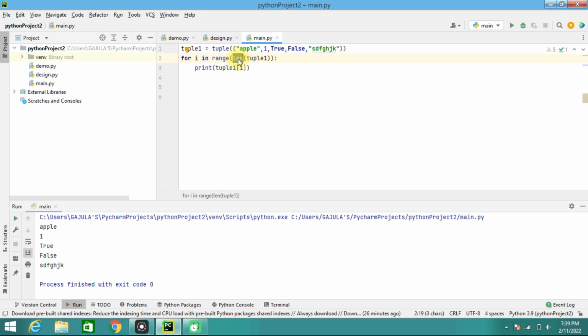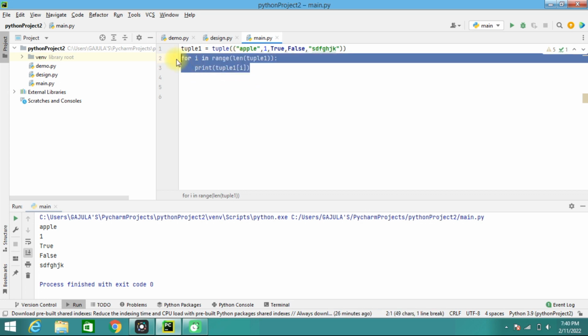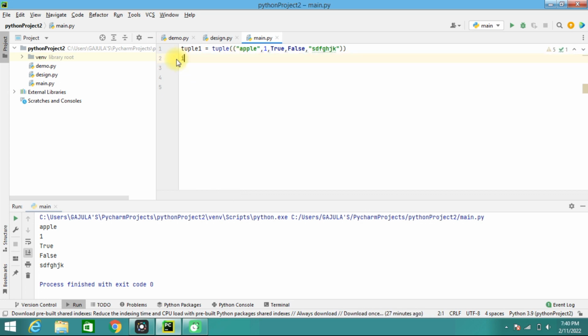So now we'll be moving with while loop. You can loop through the list items by using a while loop also. We use the length function to determine the length of the tuple. Then start at 0 and loop your way through the tuple items by referring to their indexes. So here we need to remember to increase the index by 1 after every iteration when you are going to use a while loop. Okay, so here I'm going to define i is equal to 0 at first,